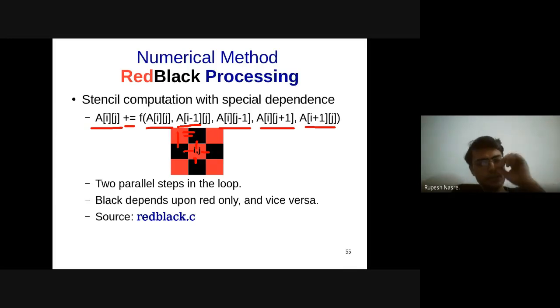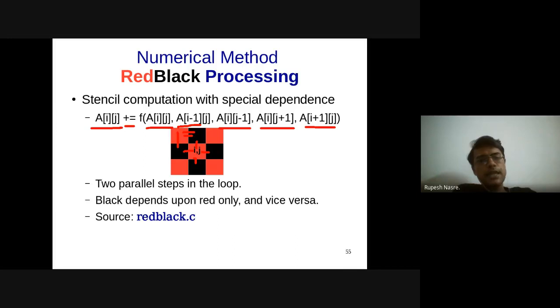That will still allow you to perform the processing such that red is going to read only from black and green, black is going to read only from red and green, and green is going to read only from red and black. And that will make sure that you will be able to perform this processing further in parallel.